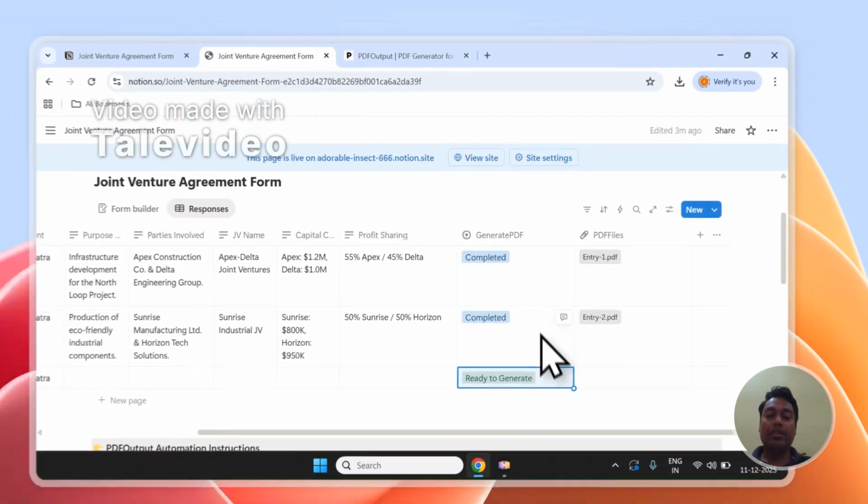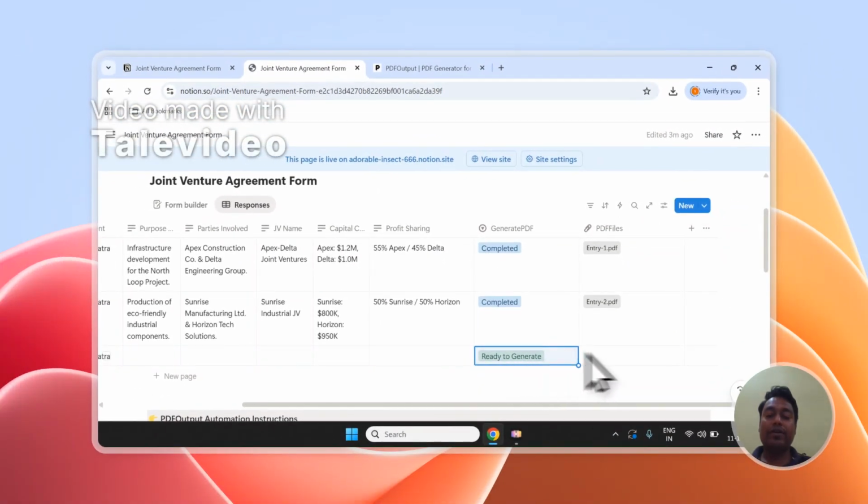Now, if you closely observe, this particular record will be converted to PDF, and it will be stored right inside the database within some time, but it will definitely happen. So you can see how it has started processing the document, and the PDF will be created right inside the database. This is how easy it is to use PDF output, and how powerful